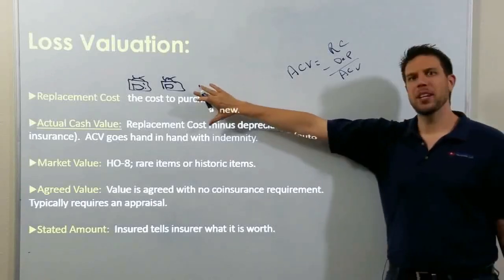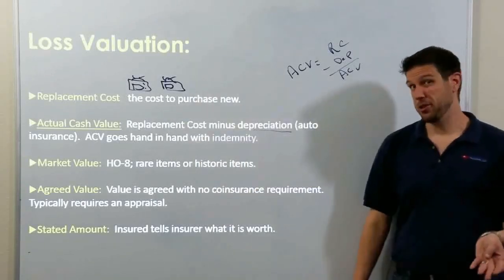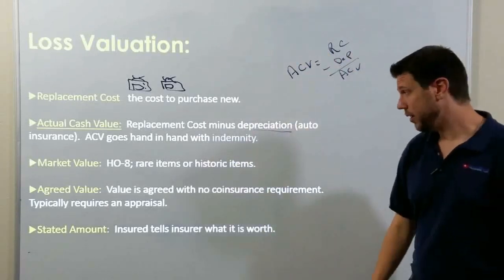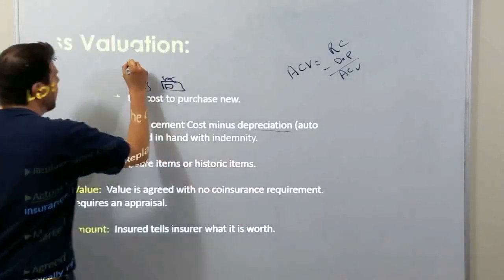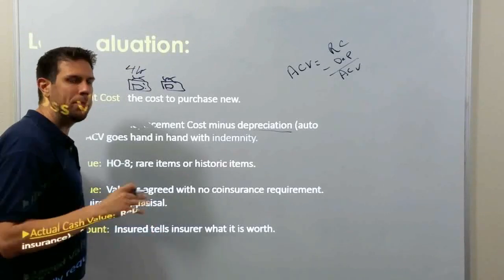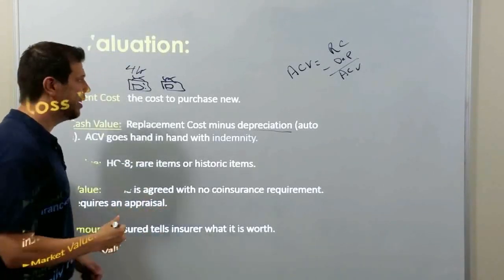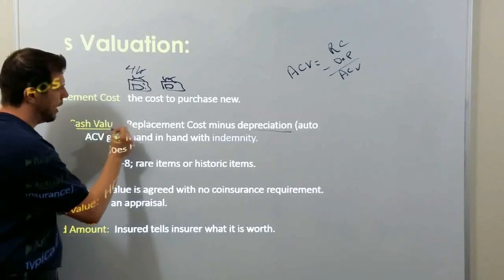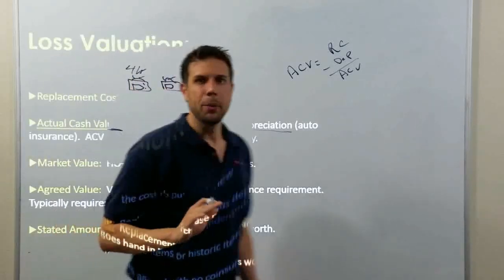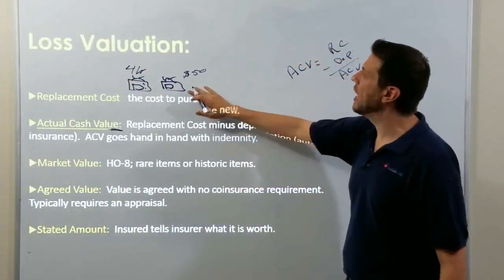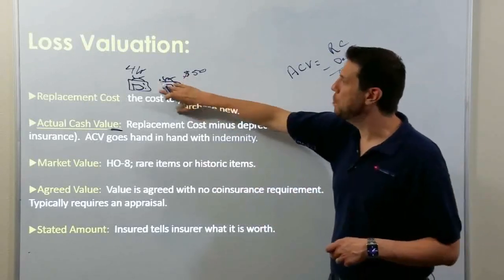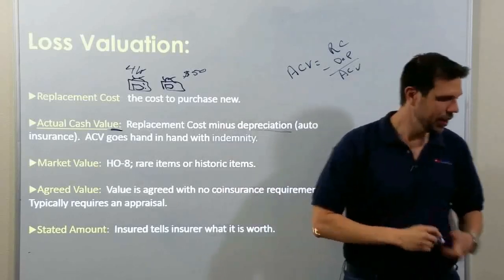So let's say you had one of those big projection screen TVs from like 10 years ago. The things were huge. If that burned down today, the TV back then cost you $4,000, but it's depreciated so much because of new technology that if you had the TV on actual cash value, you would only get like $50 for that big TV. Whereas replacement cost would give you the exact amount to buy a new TV of like kind. Replacement cost is better than actual cash value.